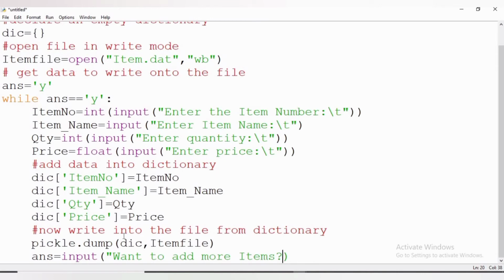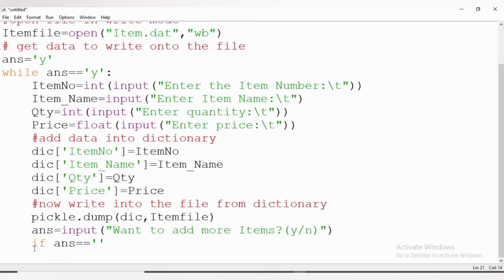Here we will use one if condition. If the user presses capital N or small n, the execution should stop. We'll use a break statement, else the loop will continue.